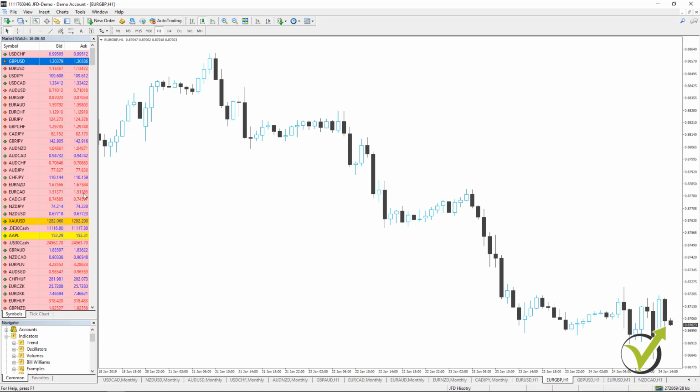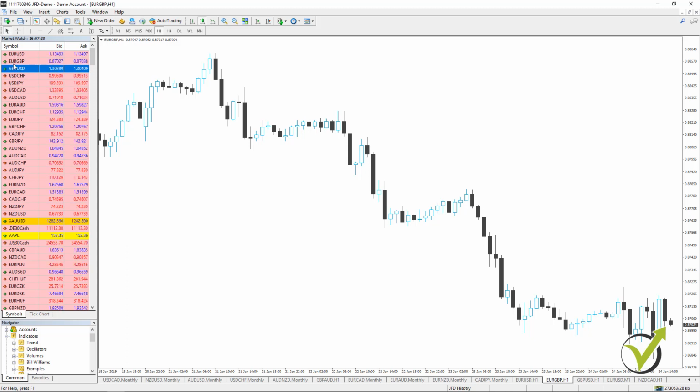And one more thing, why I have selected the three pairs, let me put them together. So what we have: Euro Dollar, Euro Pound, and Pound Dollar. Why have I selected these three? Because this way we will have balanced exposure. Okay, you see I have 2 times euro, 1 time with Euro Dollar, 1 time with Euro Pound, 2 times the dollar, 1 time with Euro Dollar, 1 time with Pound Dollar, and 2 times the pound, 1 time with Euro Pound and 1 time with Pound Dollar.